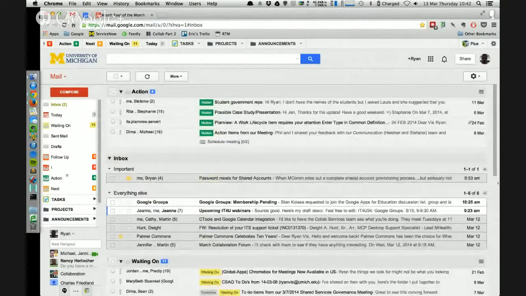This bar has changed. This has been rewritten by the extension, and there's also a bar across the top that has a number of elements to it. Active Inbox is essentially a, well, we treat our inboxes like to-do lists.